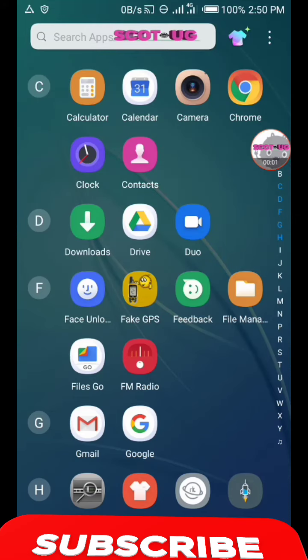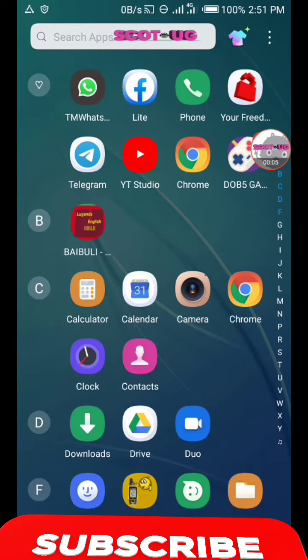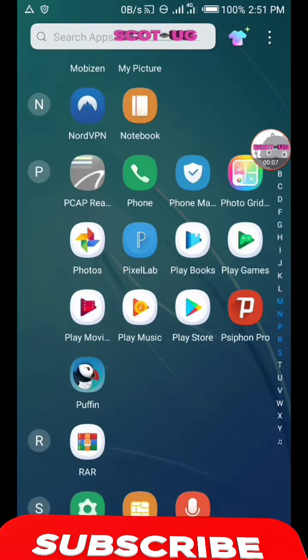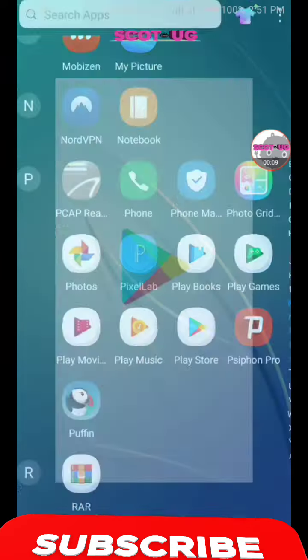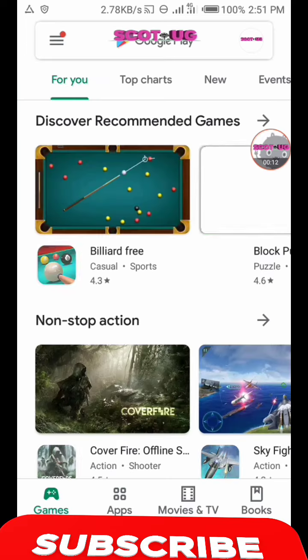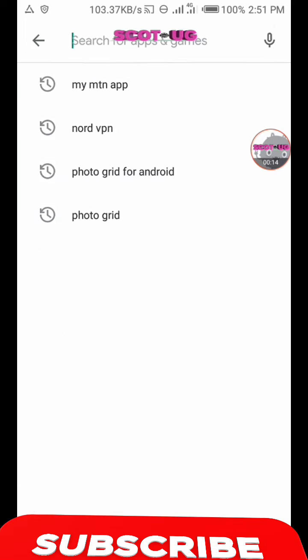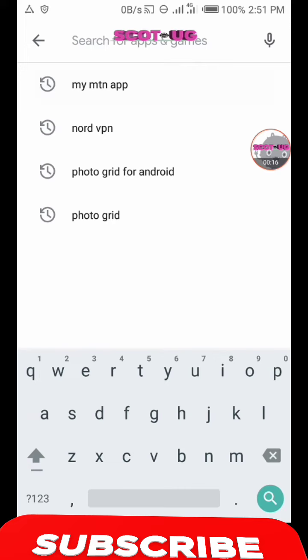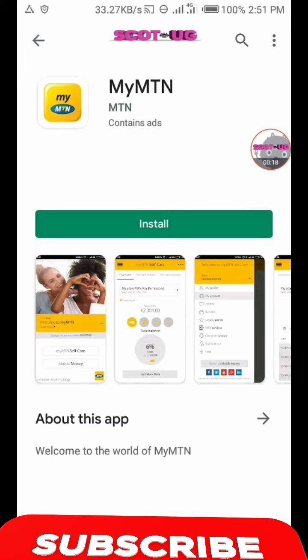Today I'm gonna show you how you can get some free data for use during this period of time. So it's just a very simple step here. All you need to do is go to Play Store and download what we call my MTN APK. And then after downloading,